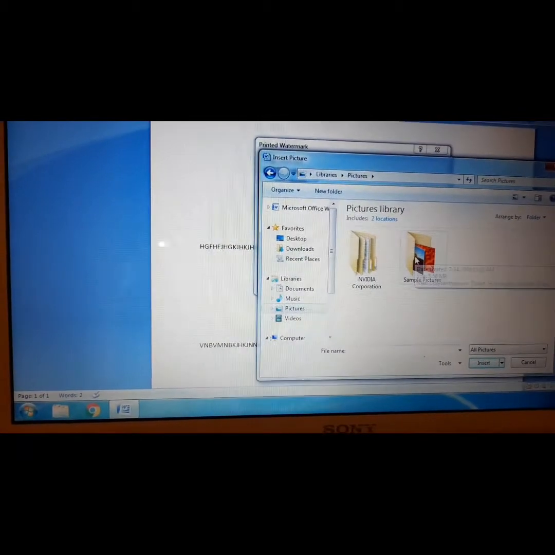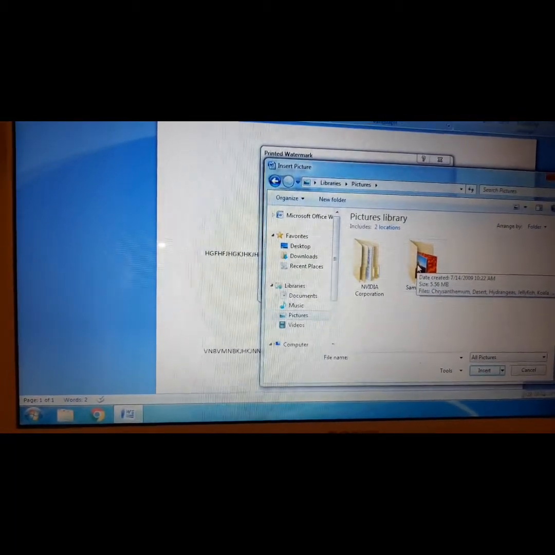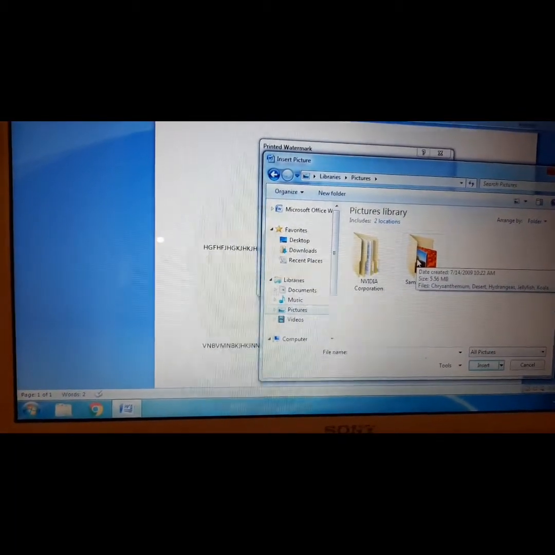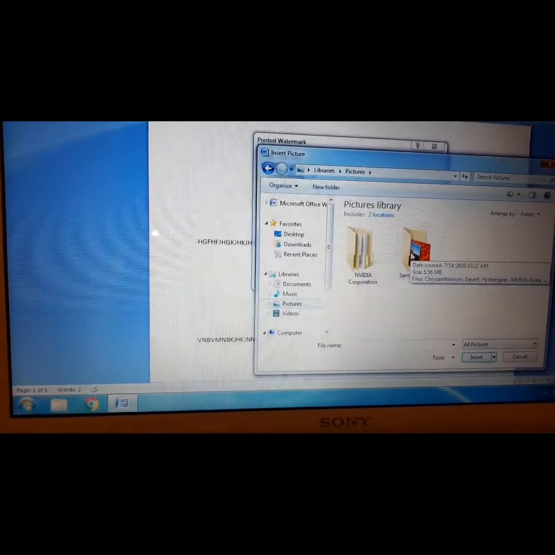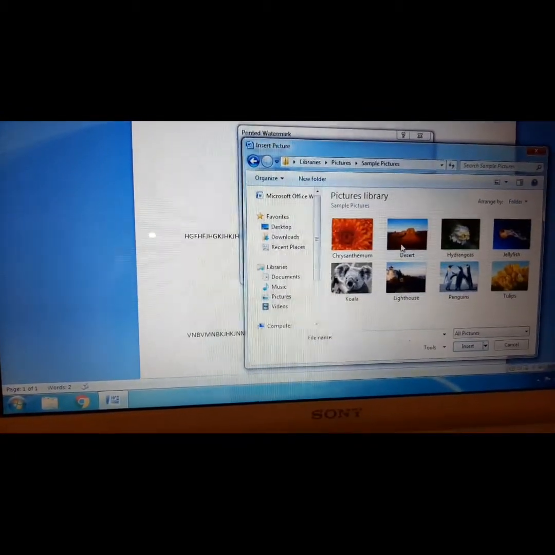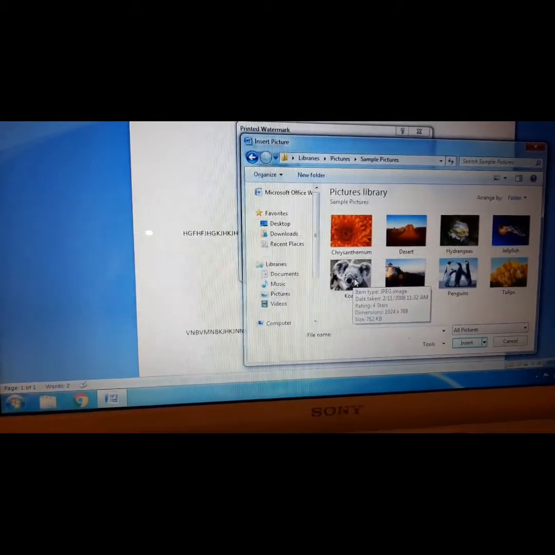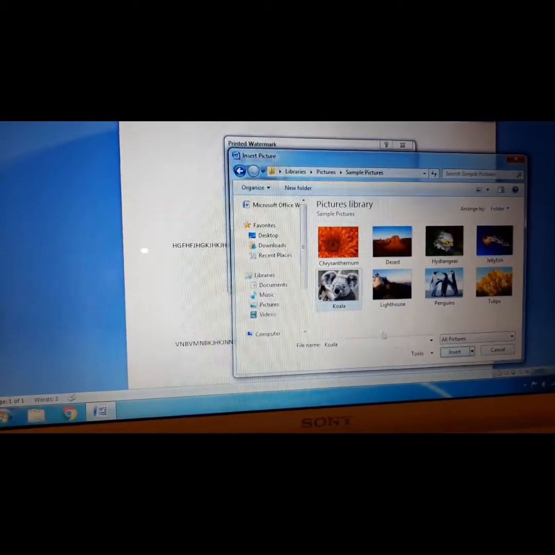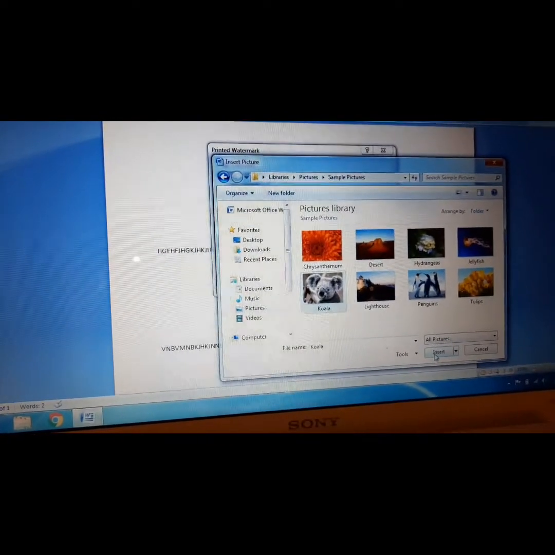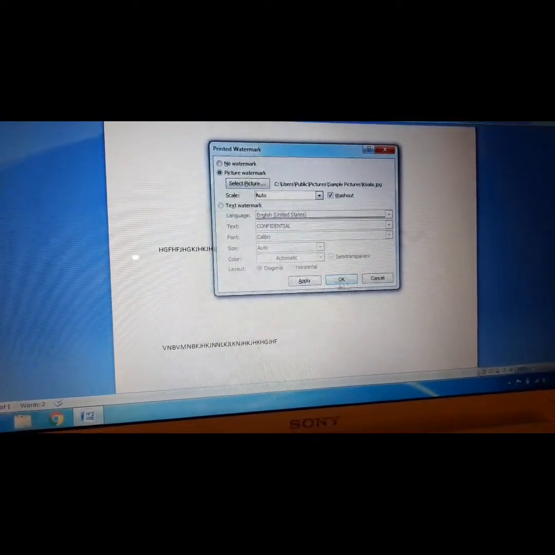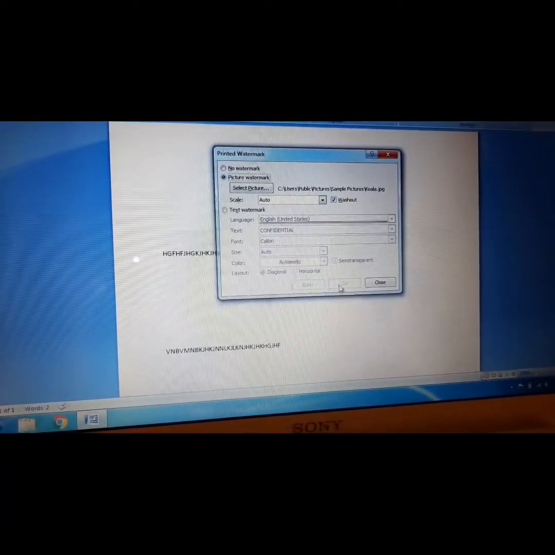Sample pictures. You can add any other picture if you have already installed it in your computer. I'm just showing you how you can do that. Now whatever you want, okay, let's take this koala, right, and then click on insert, apply, okay.